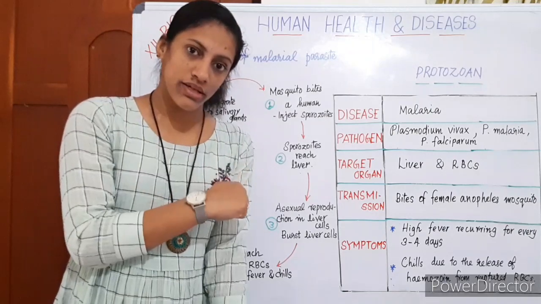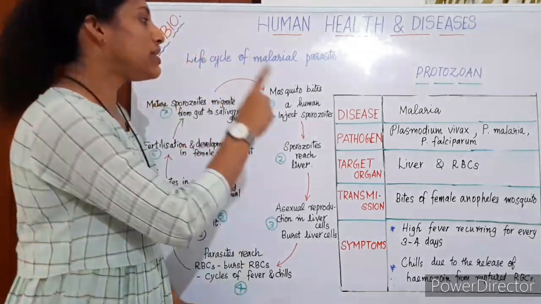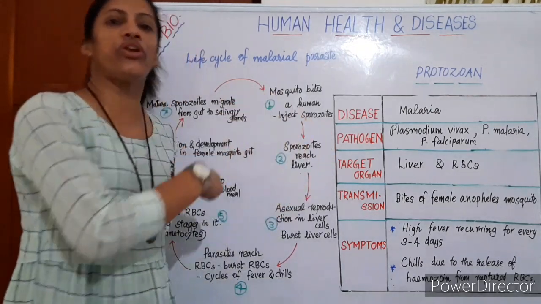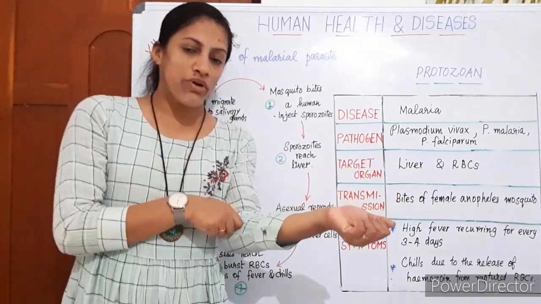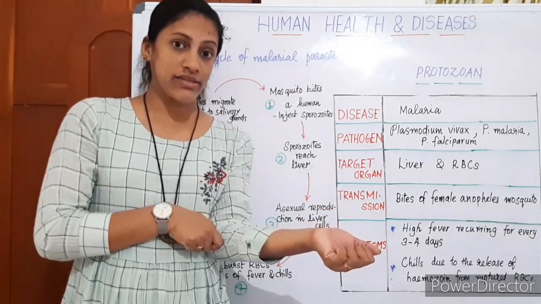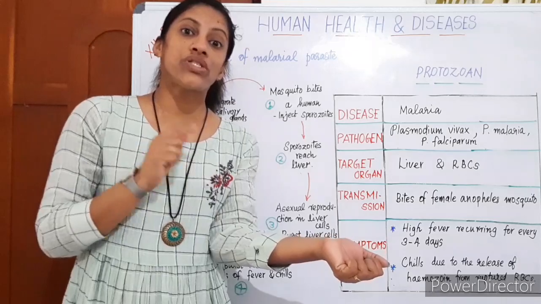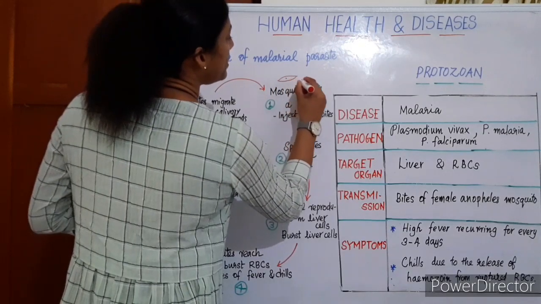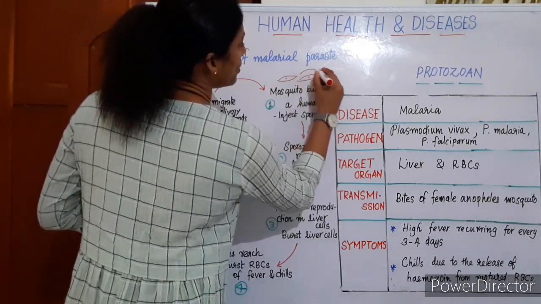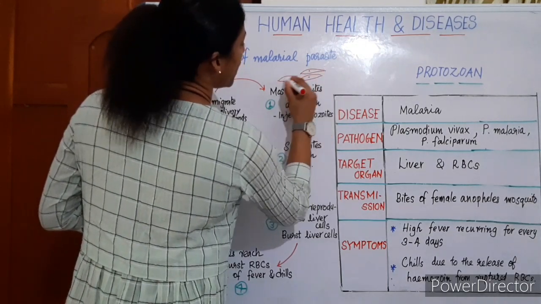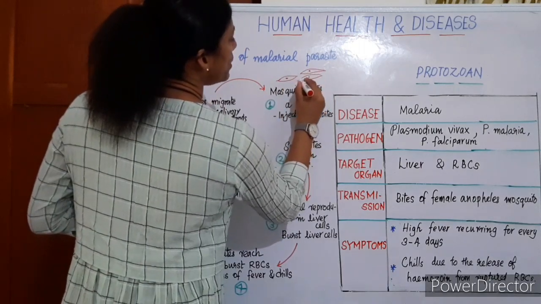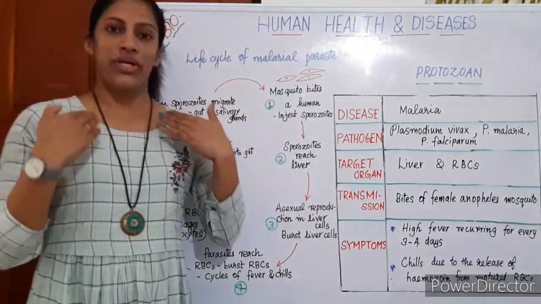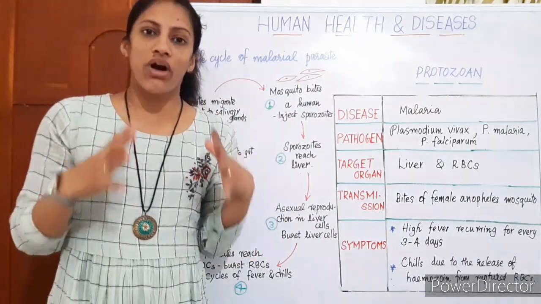It loads what? The parasites. In which form? This mosquito releases or injects sporozoites into the human body. When the carrier mosquito bites us, it is releasing sporozoites into our body. The sporozoites are spindle-shaped structures of this pathogen. Its shape is spindle-shaped, unicellular, it's a protozoan. These are released into the human body, and the first target organ of the sporozoite